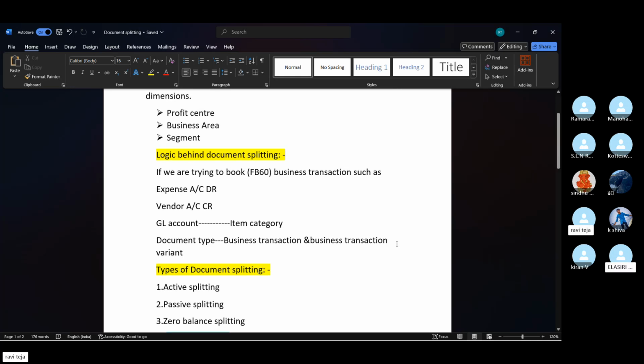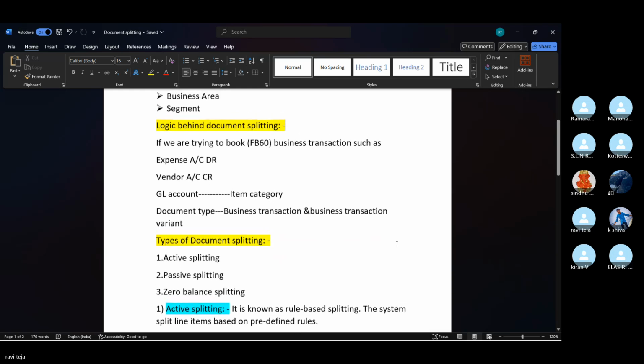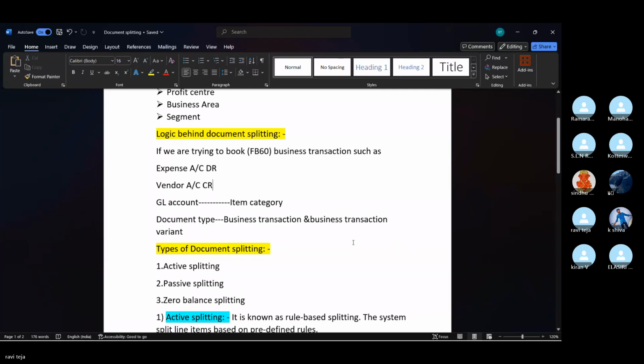Sir, am I audible to you? Yeah, audible. What we are telling: let it be the system demo. First, you finish with the documentation process. Just give that demo of documentation first. Then next session we will go for the system process.